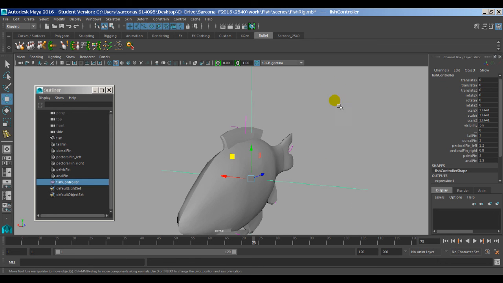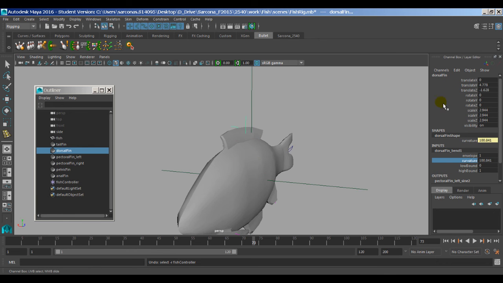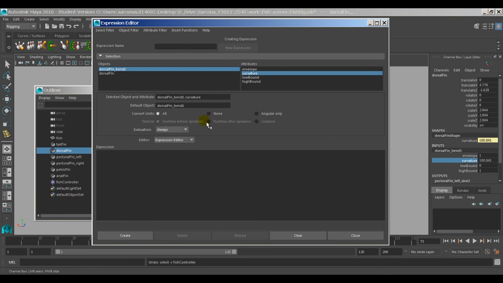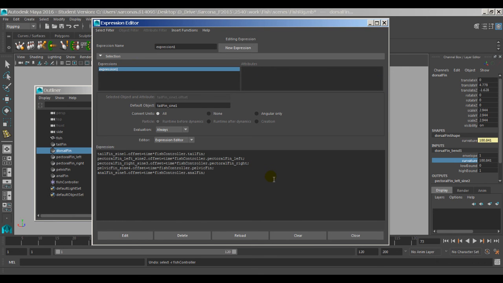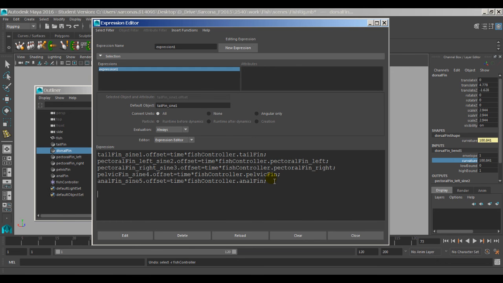So let's go into the curvature, go to my expressions. You'll see I don't see my expression there, but I want all my expressions to be together. So under select by expression name, click that, and then I can type it in. So that's dorsal fin